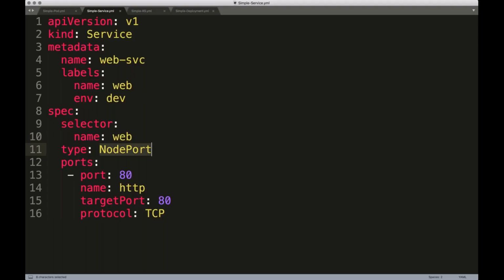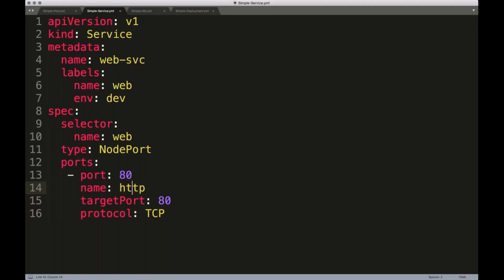We are defining the type of service as NodePort, and NodePort is basically instructing Kubernetes to make it available on every node so that we can talk to this pod from the external world. So it is currently available on the droplets' port. If you hit that port on any of our worker nodes, you will automatically see the pod responding. The port that we are exposing is 80, which means internally this is going to be made available on 80. It could be slightly different on the node port,